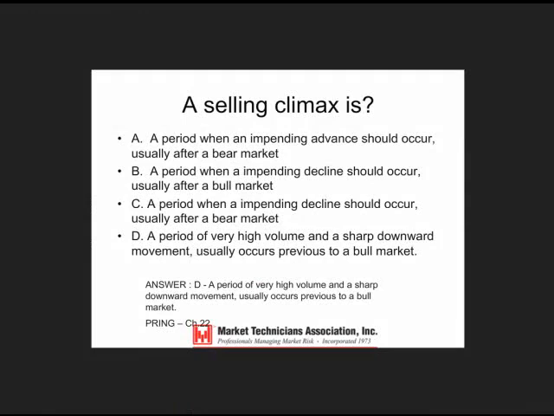Selling climax is D, a period when high volume and sharp downward movement usually occurs previous to a bull market. So you're seeing prices move on down, and then you see a big move down in price, probably an order of magnitude greater than what took place in the previous number of days, and then you got an explosion in volume. And then what happens is everybody who's wanted to sell has sold, and then you usually see a bull market from there on out